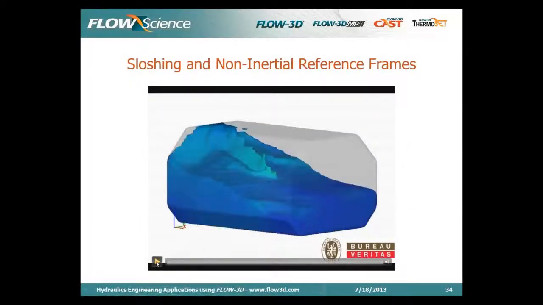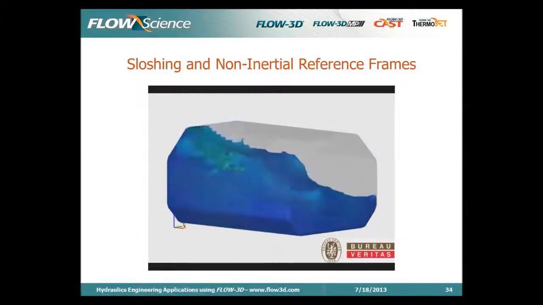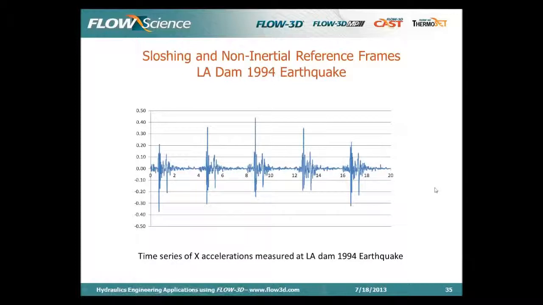Sloshing is maybe more important for, it's actually very important for aerospace applications, but it's also used in marine applications, tanks. But it can also be used in conjunction with the non-inertial reference frame, and in this example I took the time series from the LA Dam